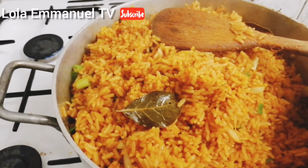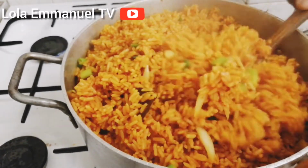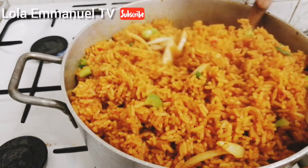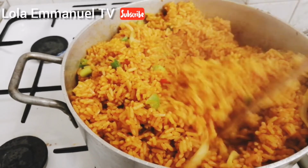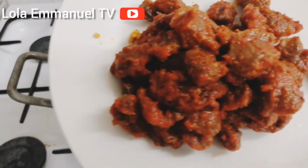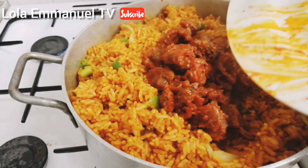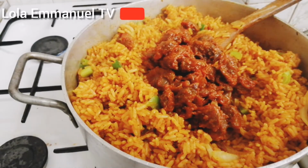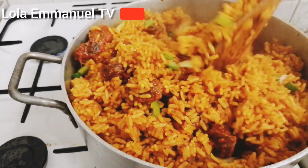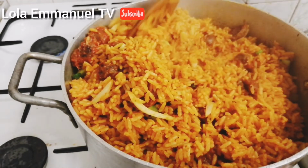Okay, I love this rice. It's just perfect the way I want it, and I'm happy about it because when I'm cooking for someone, and the food is nice, I'm always happy. Here's my gizzard. I will stir it together, and the last thing we are going to add to the jollof rice